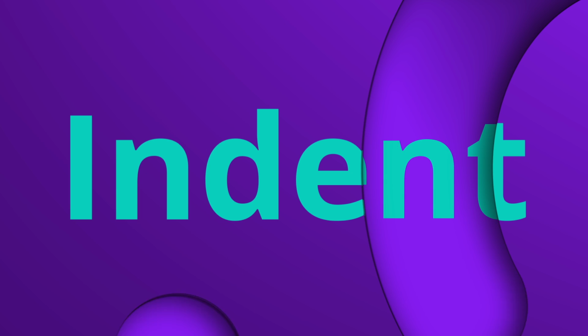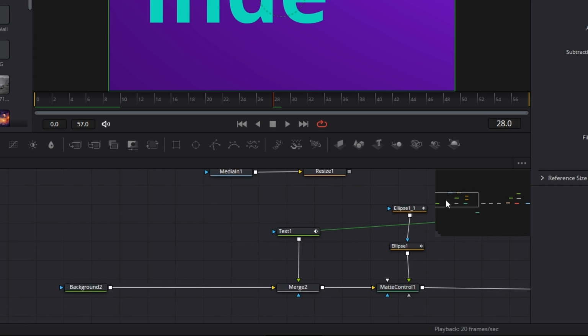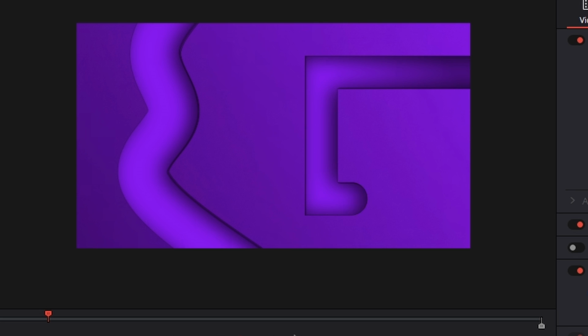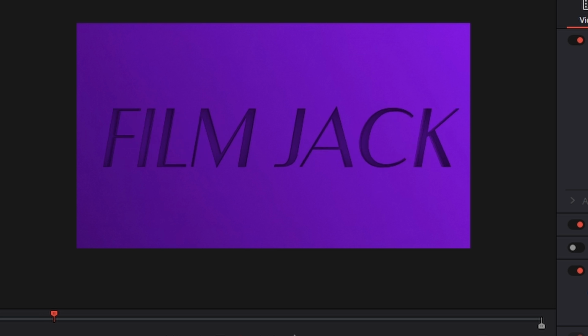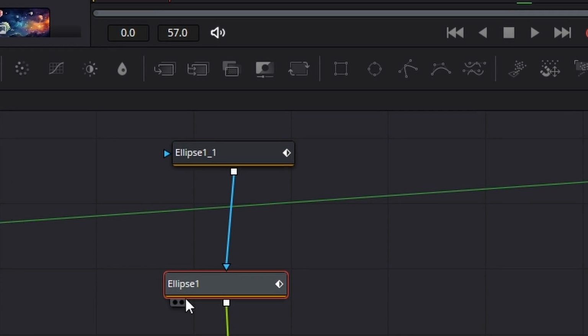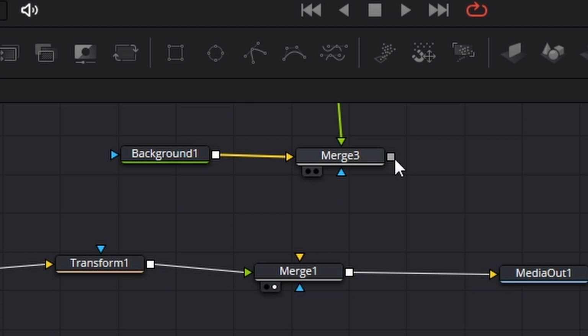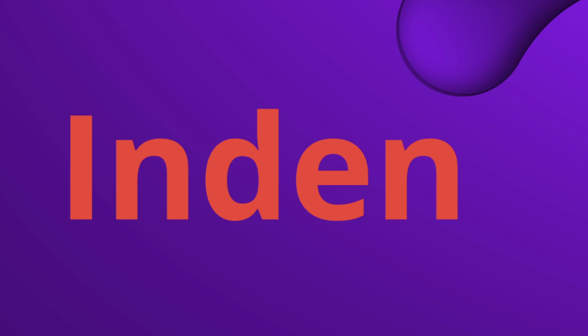The indent background is actually 2D, not 3D. It can be made quickly and lets you use shapes, paths, and even text. Once you've created your shape or path, simply duplicate it and move it around the screen. It's fun to make and you won't be pulling your hair out. Best of all, your After Effects buddies will be scratching their head and wondering how the hell you made it